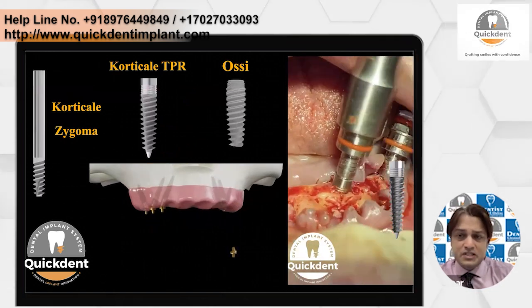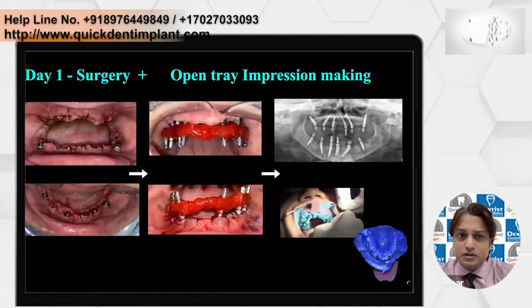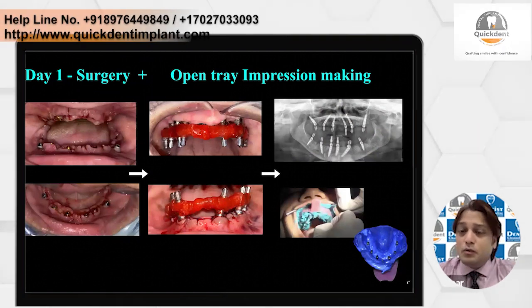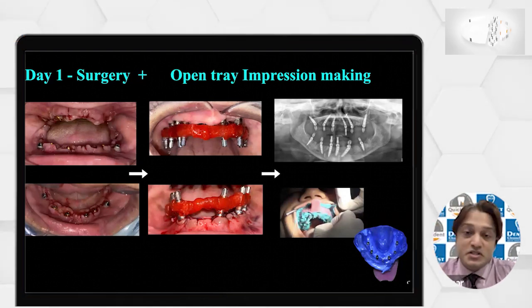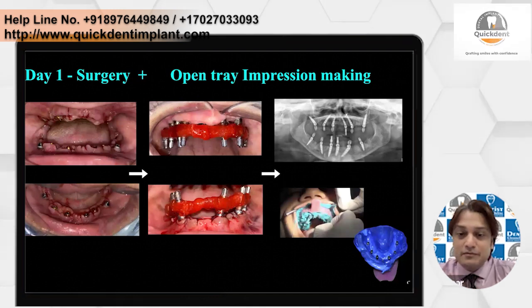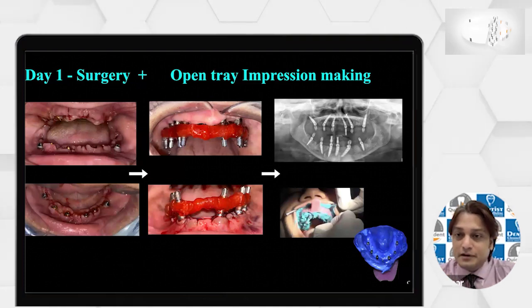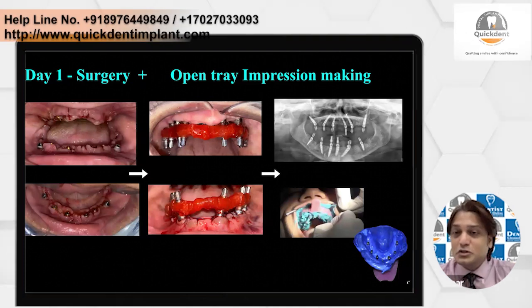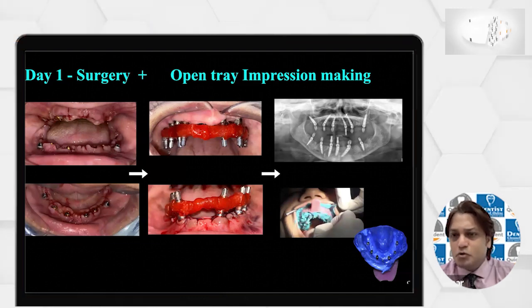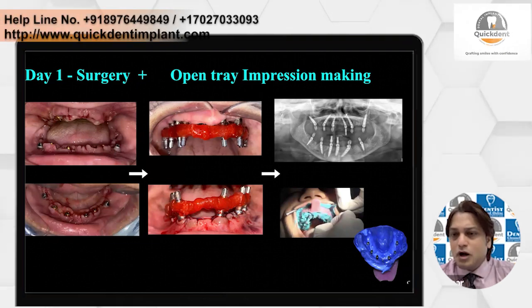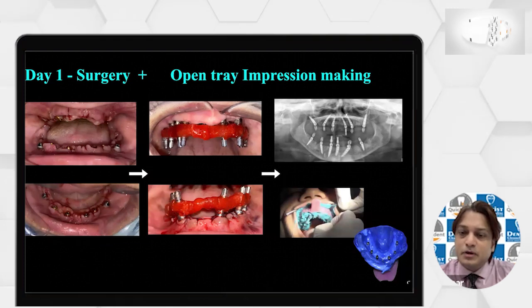Technically, on day 1 we did the extraction of all the teeth, placed the implants, and placed the multi-unit abutments. We did this case with the conventional, analog method. We put the open tray impression posts and splinted them with pattern resin. We cut that pattern resin, and then we checked a jig trial, with a one-screw test. You can see on the x-ray that none of the impression posts or multi-unit transfers is lifting up. If the one-screw test is not positive, then definitely your prosthesis will be active.